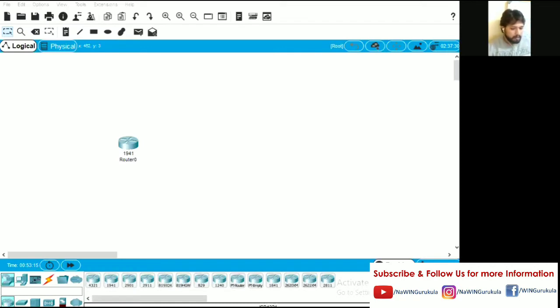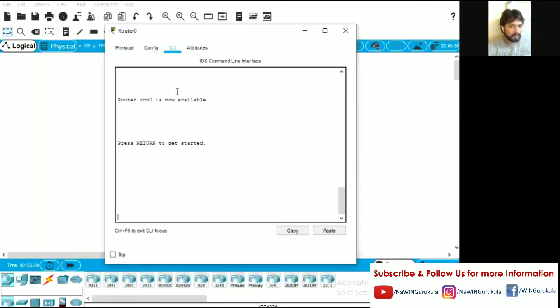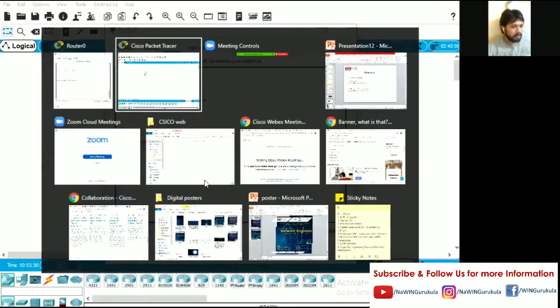I'm with my packet tracer right now. I'm just taking a small router. How to configure the banner is very simple.